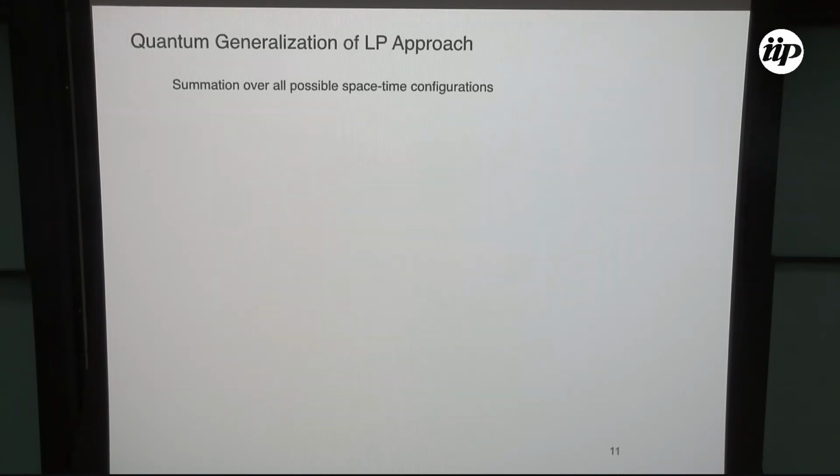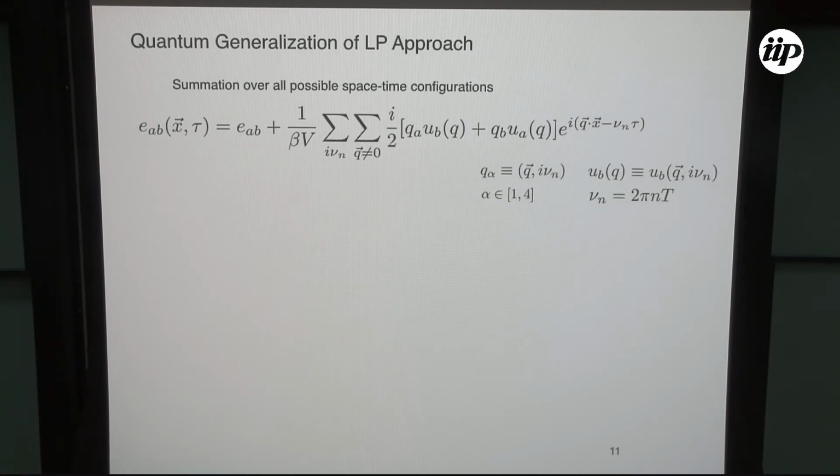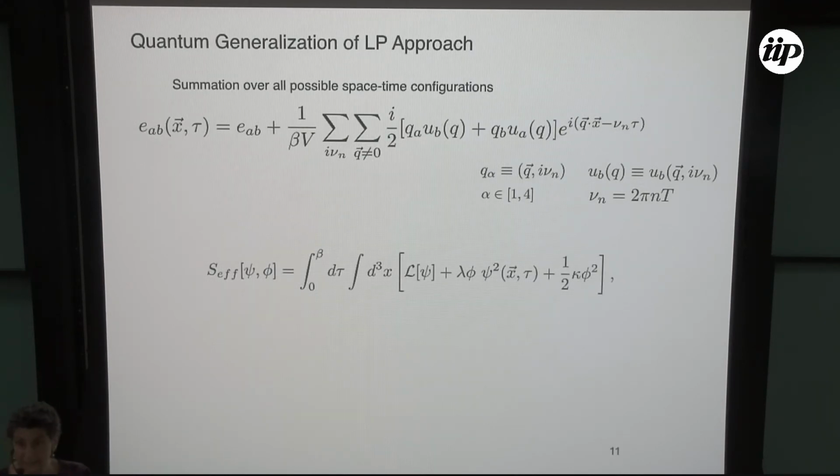So what happens when we want to generalize this to the quantum case? Well, now we have to sum over all possible space-time configurations. We write down the strain as a static, uniform Q equals 0 part, but now we have a finite Q, finite frequency part to the strain. We have to do our Gaussian integral, again, very carefully, but what we do find is that we induce an infinite range interaction between the quantum critical modes due to a classical uniform strain field with the same renormalized modulus that we got classically.